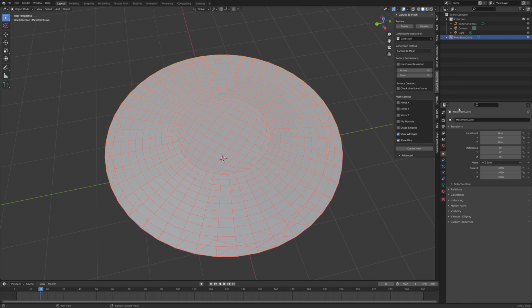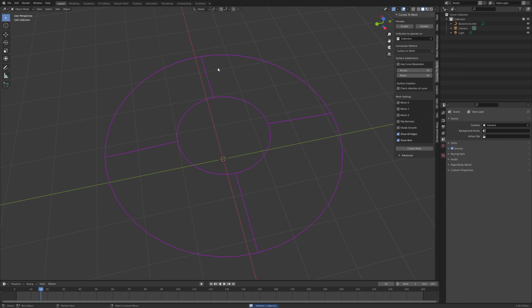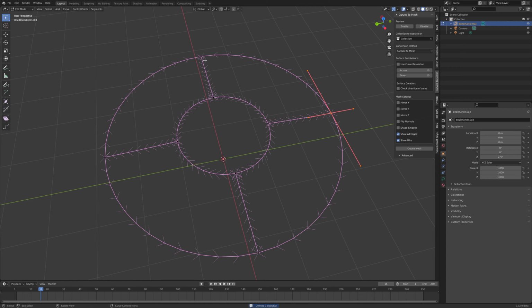And what's happened there is, if I delete that mesh, because I've still got the curves here, you can see that the curves I've arranged here are segments in that kind of 4x4 fashion. But what the add-on needs to do, and what it does in the background, is it looks at each of these and organizes them into groups of curves that are connected to one another in groups of 4